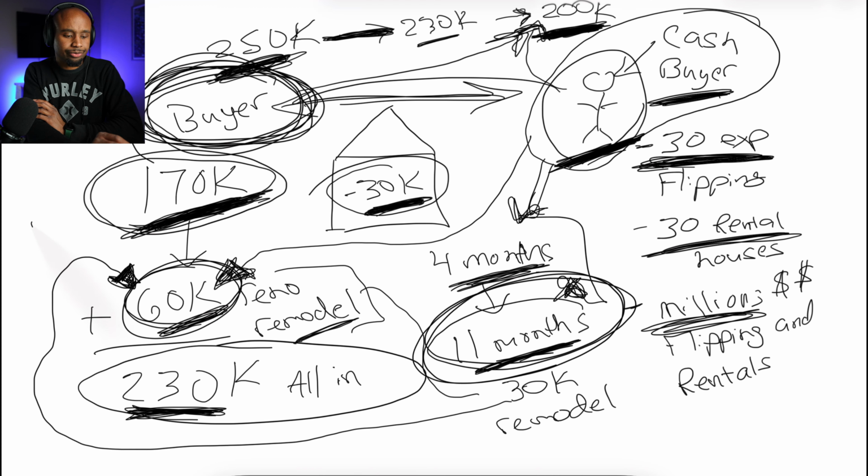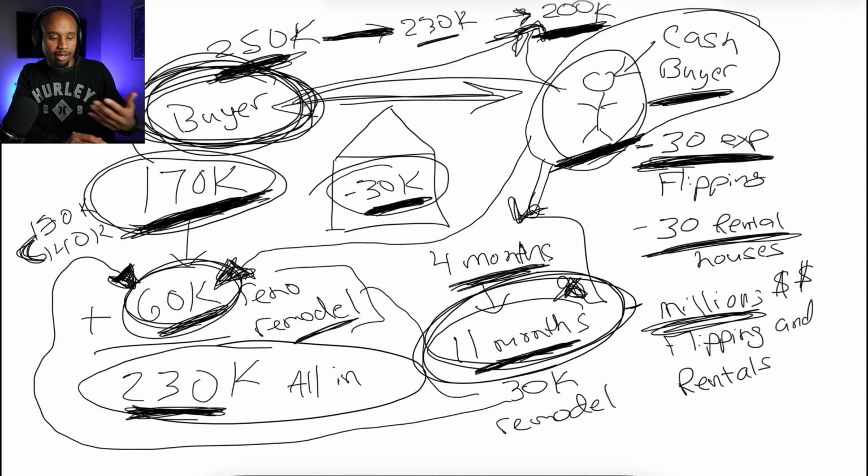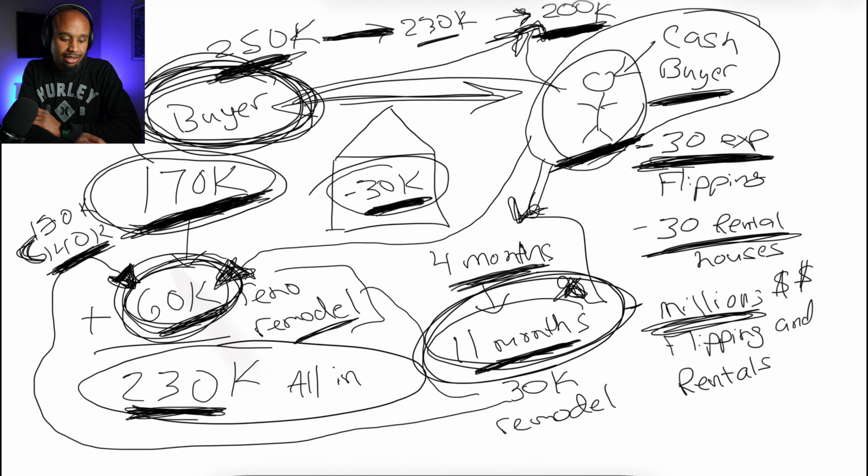I would have offered one of these, put it on the market and sold it for 170, because it was in ordinary condition. I would have done this, you know what I mean? And if it wouldn't have sold at 170, I would have sold it at one of these numbers and broken even, worst case. But because he chose to go through with the remodel,